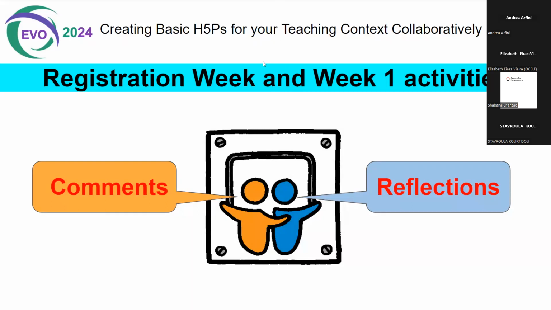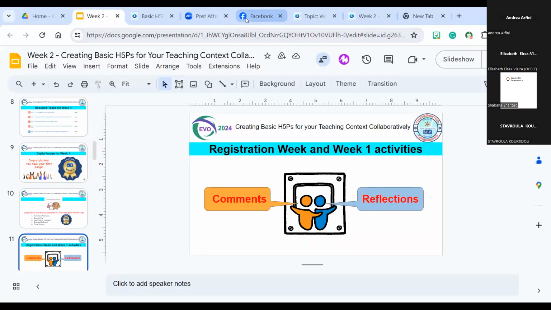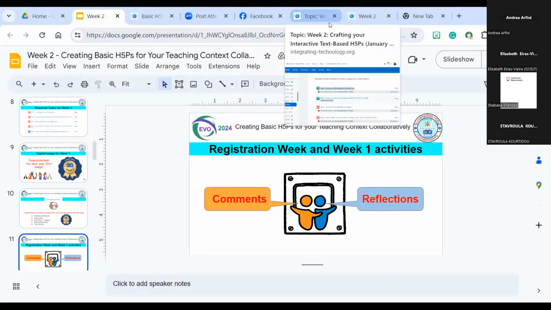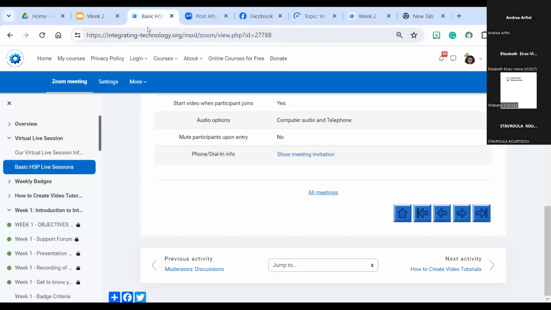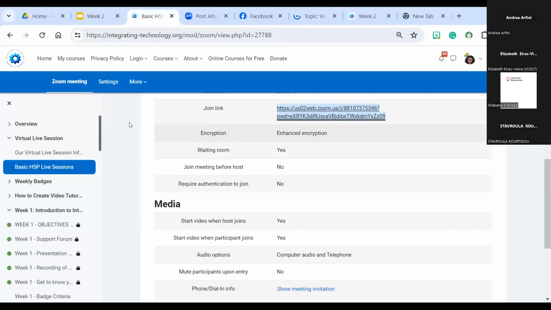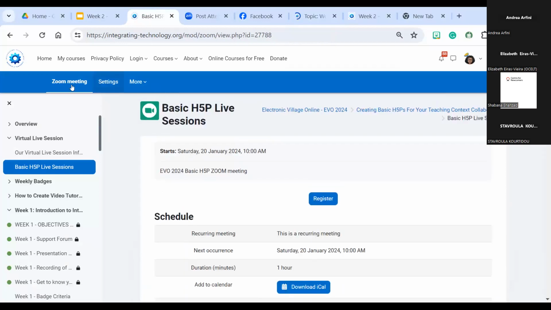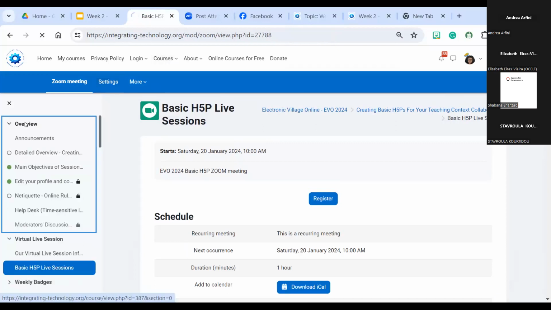I'm going to go into the course and leave this activity here. I think I'm sharing my whole screen. Let me just go into the course itself, into the overview.